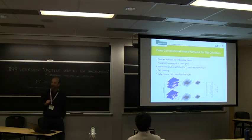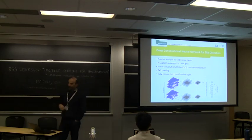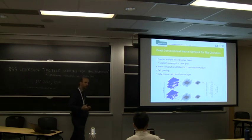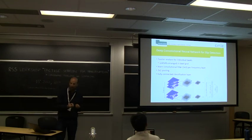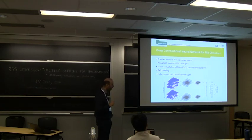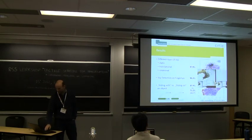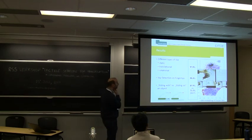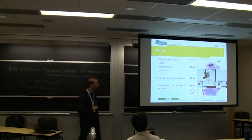Let's phrase some power images. So 32 image channels. The grid-like structure of the tactile array can, of course, be used, so we should use this grid-like structure of the data for processing. That's why we use convolutional networks, which preserve the structure, and then we can solve these tasks quite successfully. So you see that we can apply that slip detection now also on the shadow fingertips,